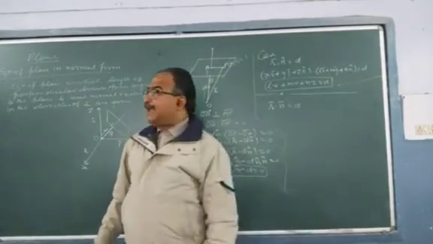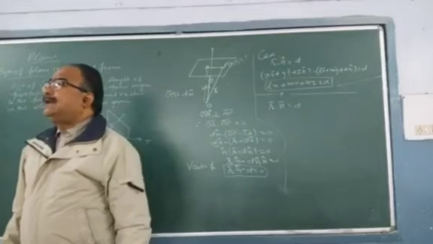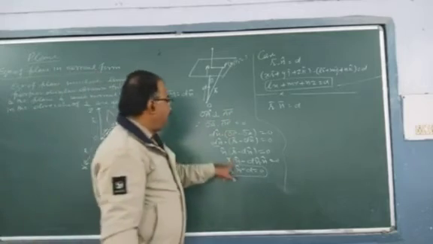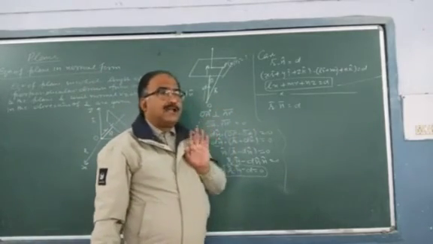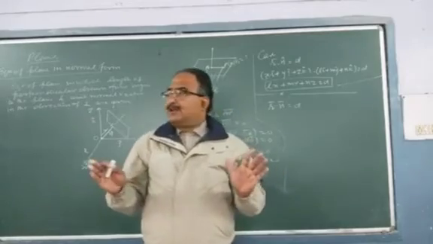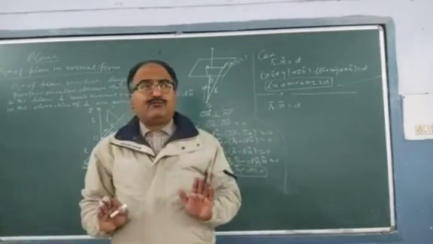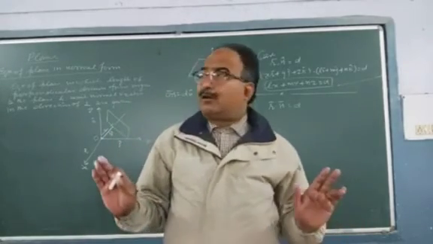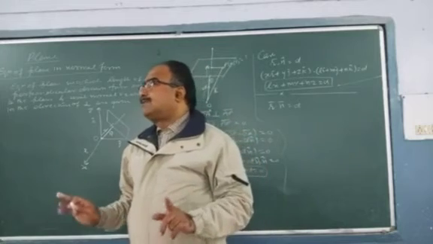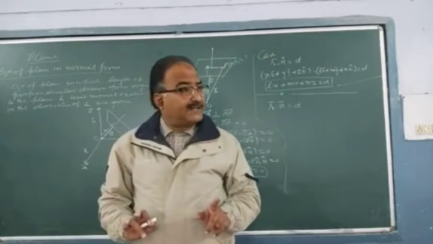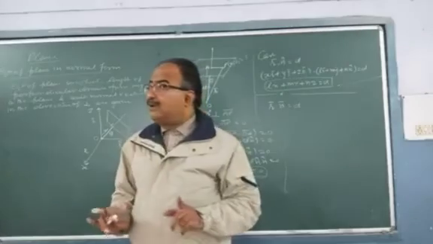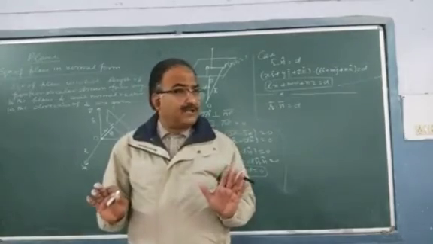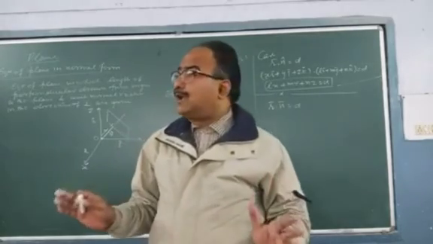Now instead of n cap, I write vector n. Try to understand the difference between these two. Here I have n cap and here I have vector n. How will you judge? I have already discussed it with you. Whenever you have a little confusion about whether the given vector is a unit vector or not, you just find the sum of the squares of its coefficients of i, j, k and find its square root. If it is equal to 1, it is a unit vector. If it is not, it is not a unit vector.